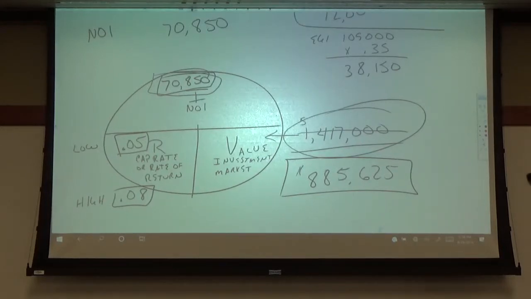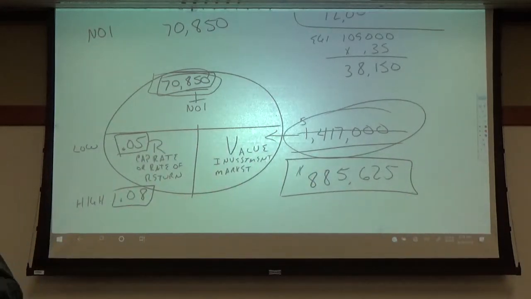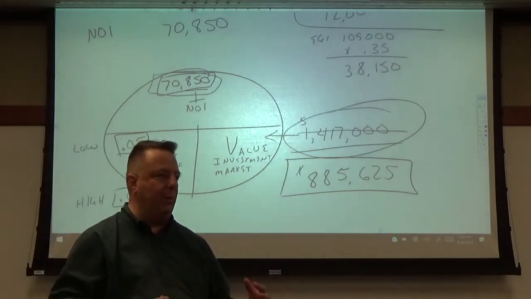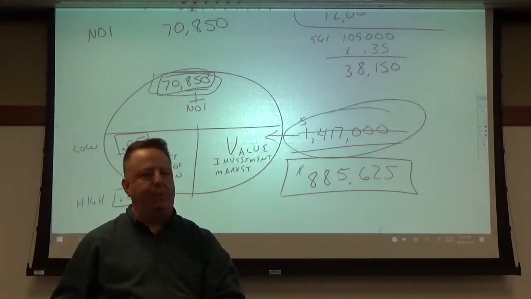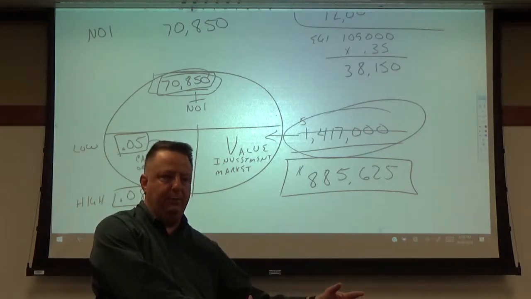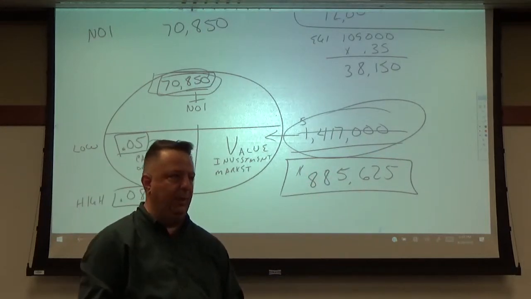Or, it may be a situation where it's a family connection, or there could be all sorts of ways that you go about finding those properties. But my point is, most of the time, your best bet of having a successful real estate investment project is going to be one where you find the property and you're able to purchase the property for a below market price. Does that make sense? Okay, that is the lesson, if there is one. Any questions?